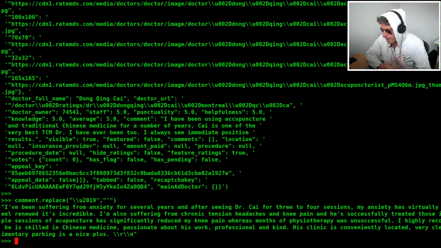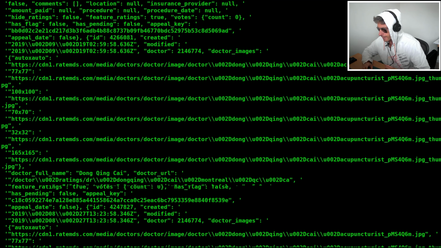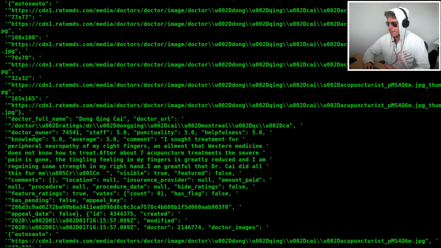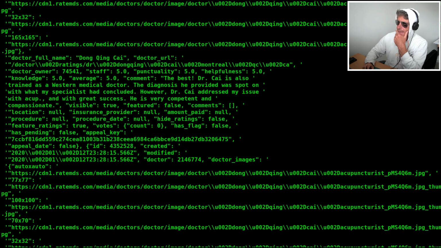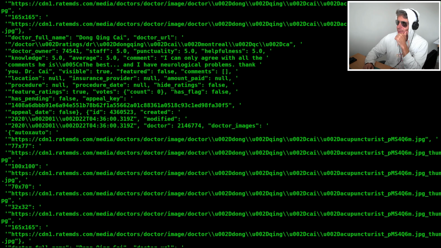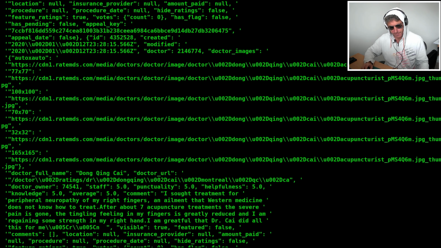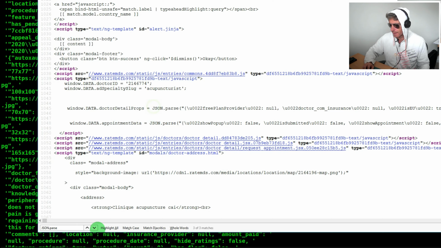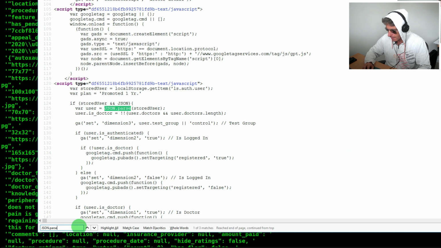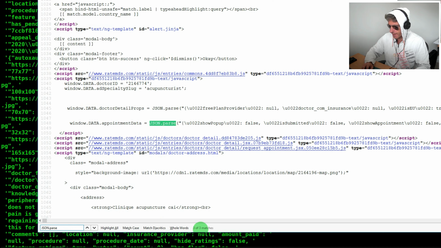So yeah, you can loop through those, which is pretty fantastic, really. So if you're ever scraping RateMDs, you just need to go into the source, search for JSON.parse, like I did, and 1 of 3 matches, 2 of 3 matches, 3 of 3 matches.